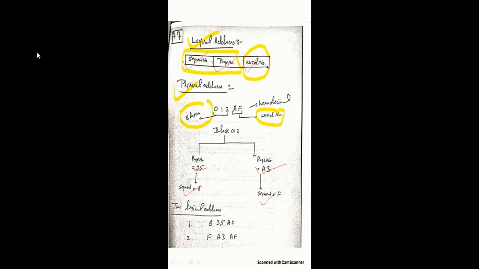Okay. So I'm going for next problem, problem number 8. Let's go to problem number 8. The logical address space in a computer system consists of 128 segments. Each segment can have up to 32 pages of 4 kilowords in each. Physically it consists of 4K blocks of 4K words in each. Find the format of the logical and the physical address formats. This is a very important question and very easy also.